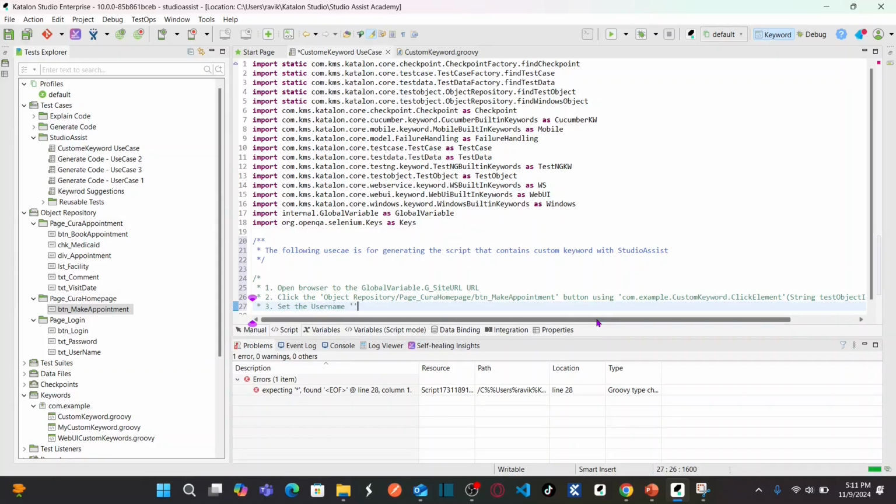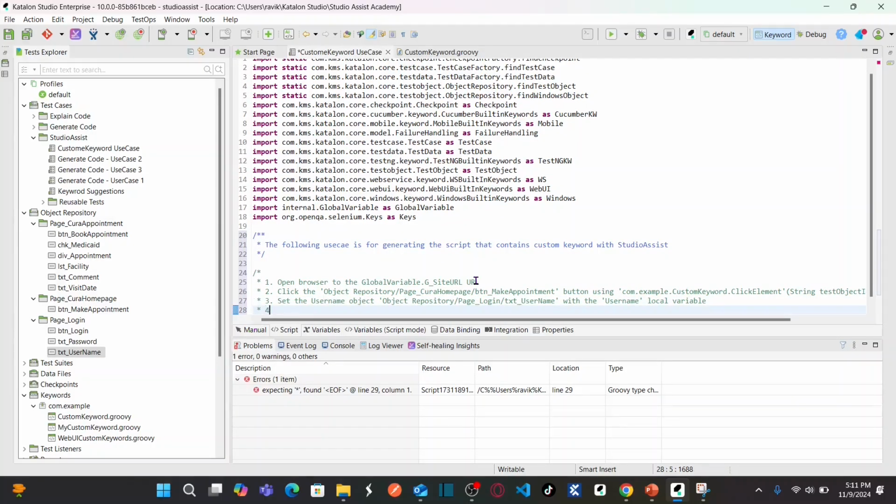What is the username object? Set the username object. This is my username object. Simply copy this ID and then paste it here with the username local variable, and then again